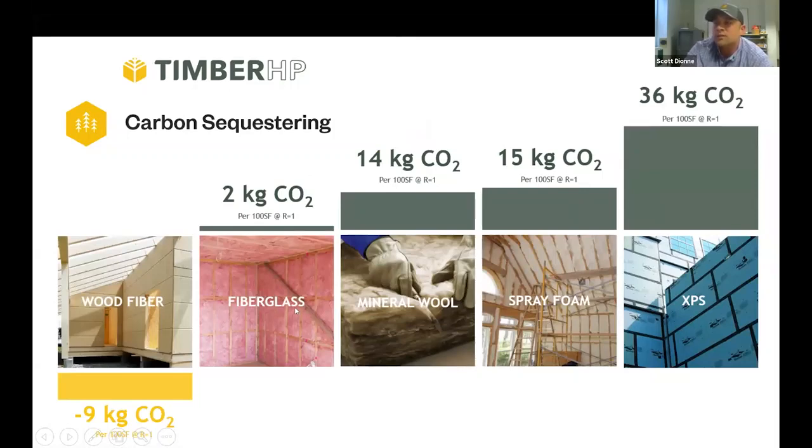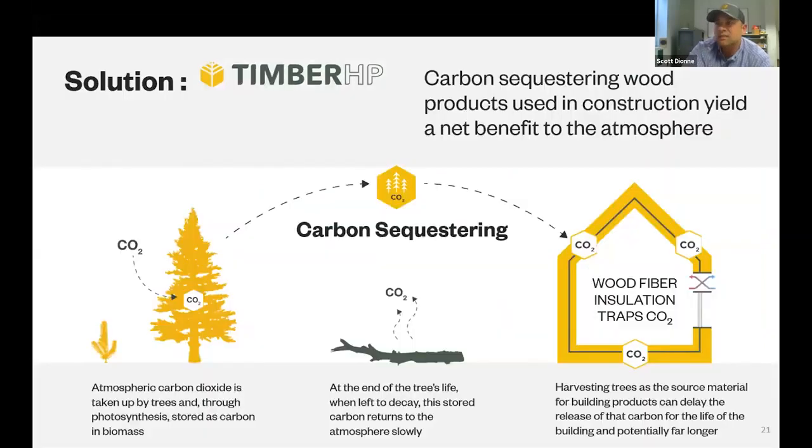So, I mean, it's kind of counterintuitive. We're trying to address global climate change today, but we're putting products into the built environment that take 8 to 10 years to offset their carbon footprint with operational savings. Wood fiber insulation arrives at the job site already carbon negative out of the gate. The savings on carbon are immediate. You know, the whole idea behind carbon sequestration is we're trapping more carbon into this built environment, far more than what it takes to produce this product line. So really,